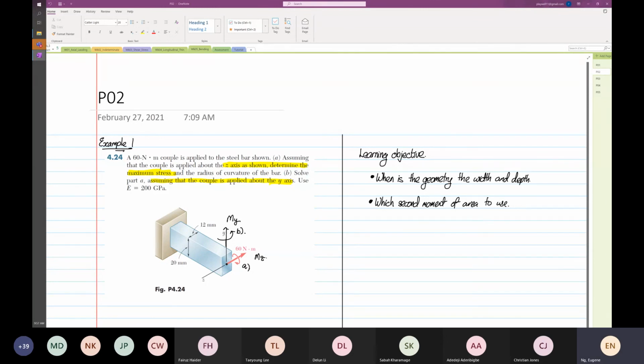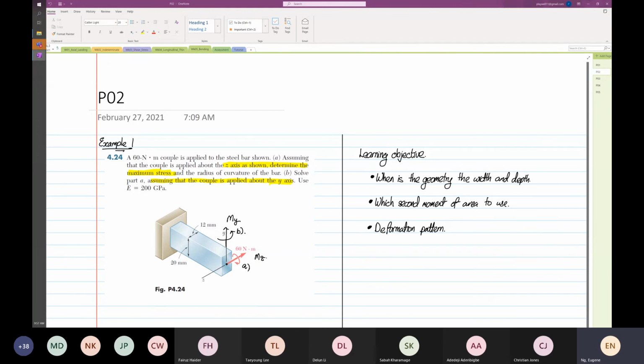Also very important, I'm going to show you, these are not in sequence. I'm going to show you regarding the deformation pattern. This is critical. I want you to visualize the deformation pattern. So the first thing we do, we're going to do A first, and then we're going to do